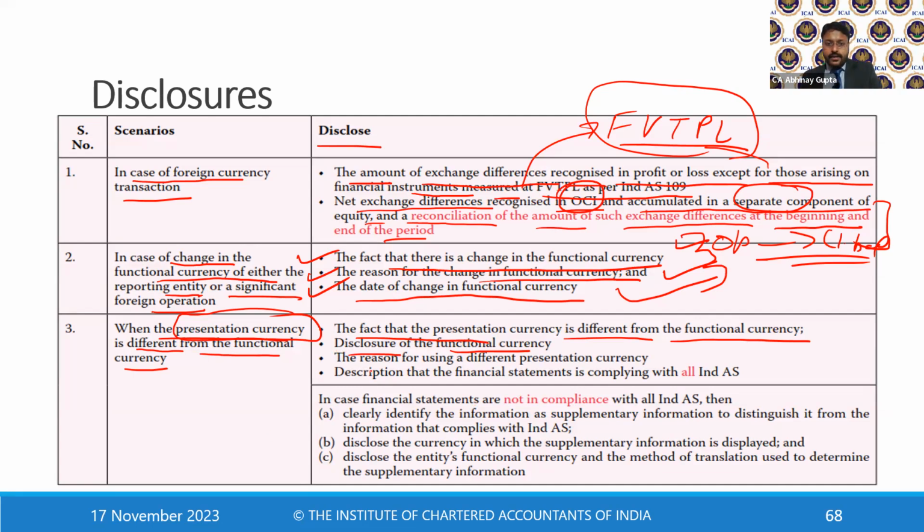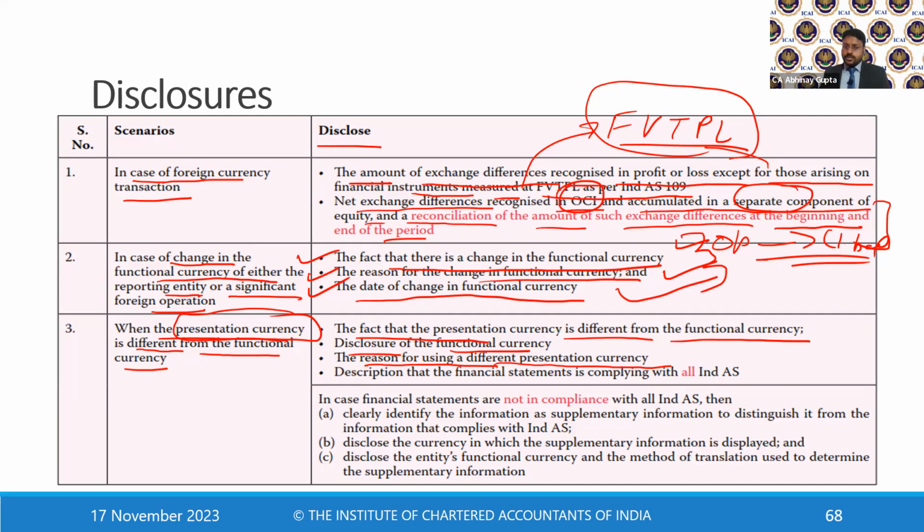Then the reason why I am not preparing my financial statements in the functional currency, but in the presentation currency. So I will tell whatever the reason is for this purpose. So suppose I may say that for my legal requirements and reporting, I have already prepared my functional currency financial statements and got them audited, submitted to whatever the regulatory authorities are, and I am preparing this additional set